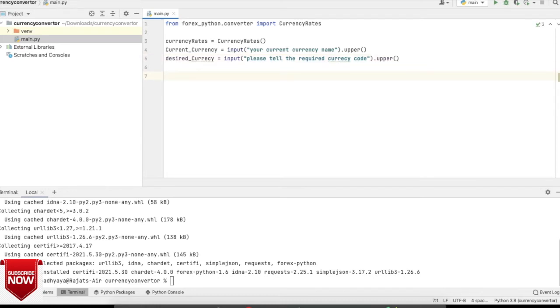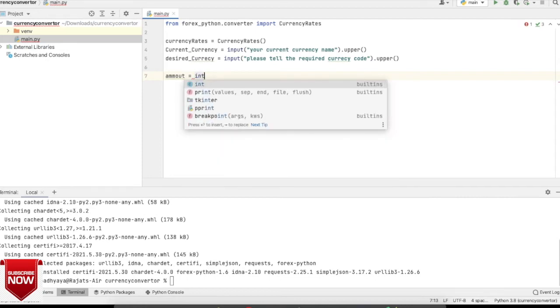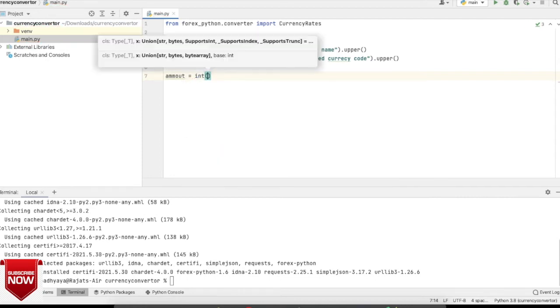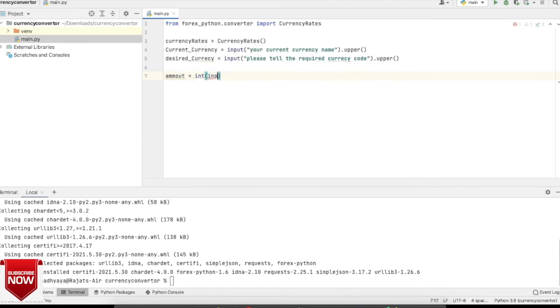Now we will create one variable, amount. That amount will always be an integer, so we have to use typecasting. We will convert our input into integer format.